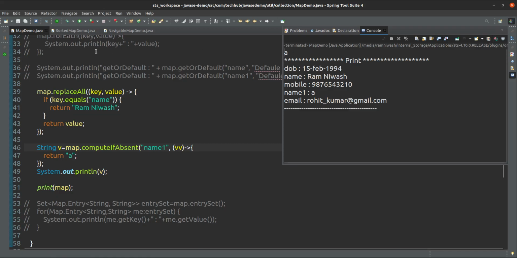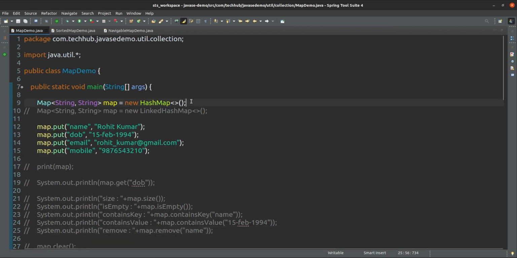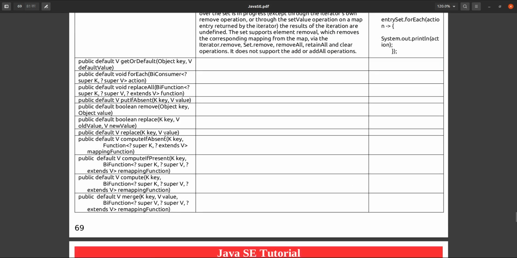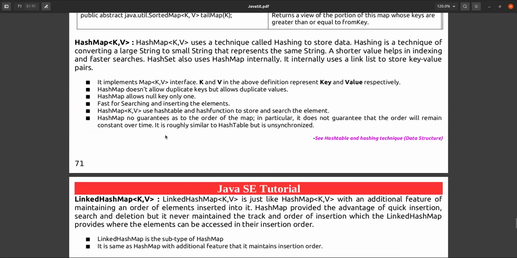Okay, so here we can use the HashMap implementation or LinkedHashMap implementation. What is the difference between them? If you see the definition of HashMap, it implements the Map<K, V> interface. K stands for key and V stands for value respectively. HashMap does not allow duplicate keys but allows duplicate values.